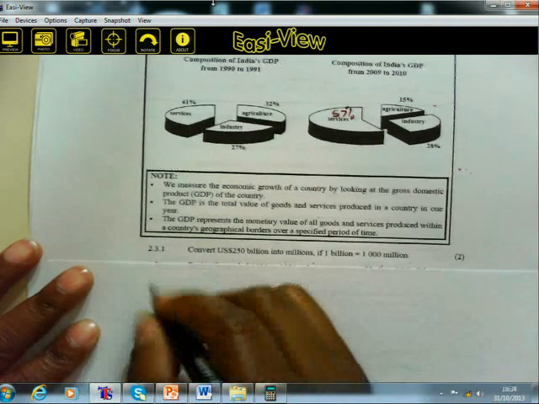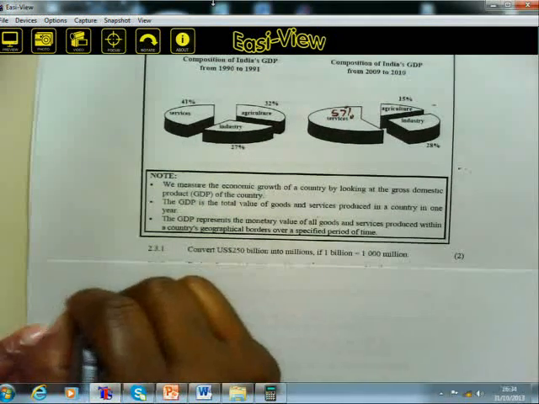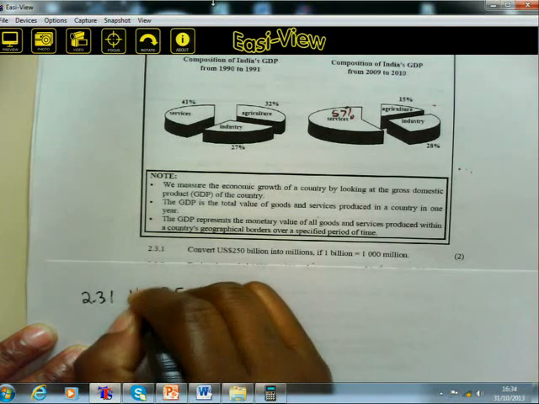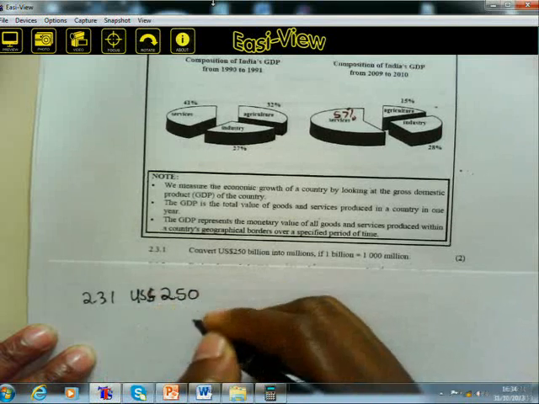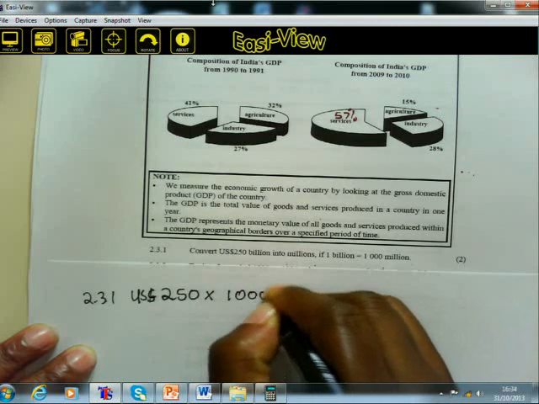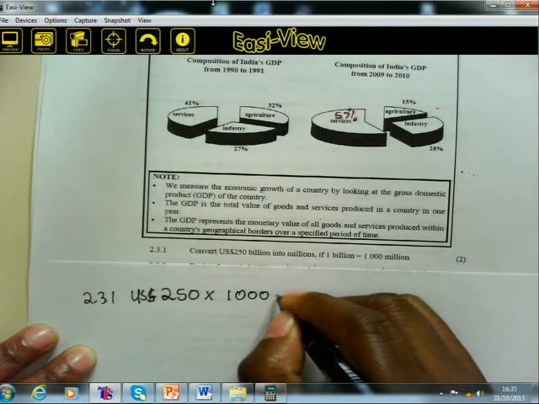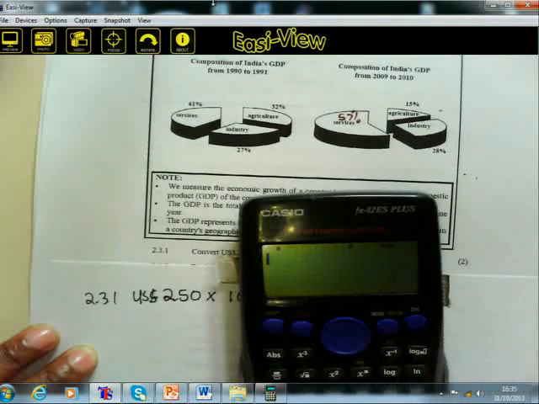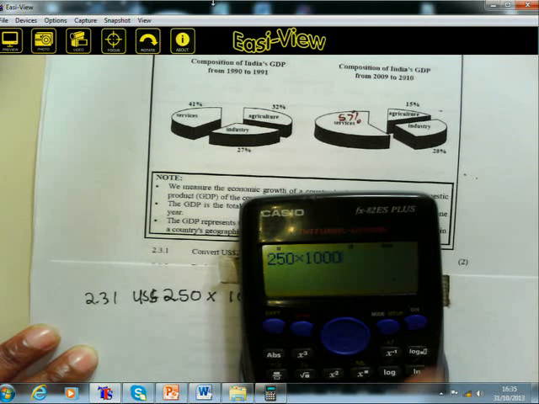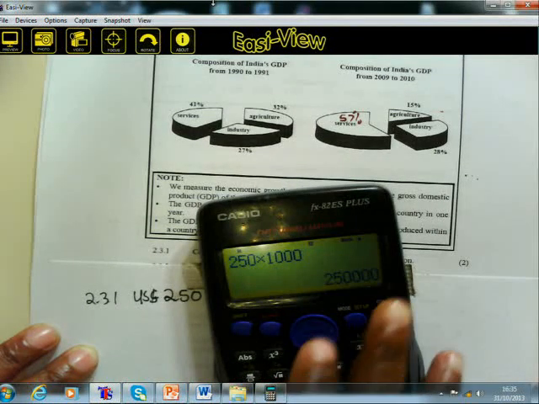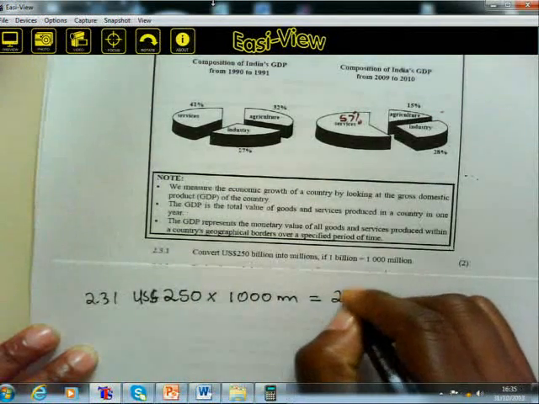I think it's straight, this one. This is 2.3.1. You take 250 US dollars, and then you multiply it by 1,000 million, and then what will be your answer in this case? 250 multiplied by 1, 2, 3. Yes, it's 3 zeros. The answer is 250,000